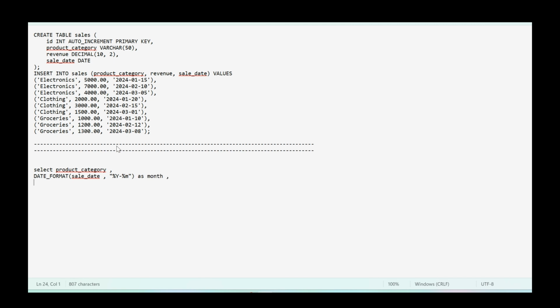Now what other columns do we need? We need the sum of the revenue. Sum of revenue, let's alias it as monthly revenue. That's a perfect name. Now what else do we need? We need the cumulative sum. For the cumulative sum, we can use the sum of revenue again, that is sum of revenue